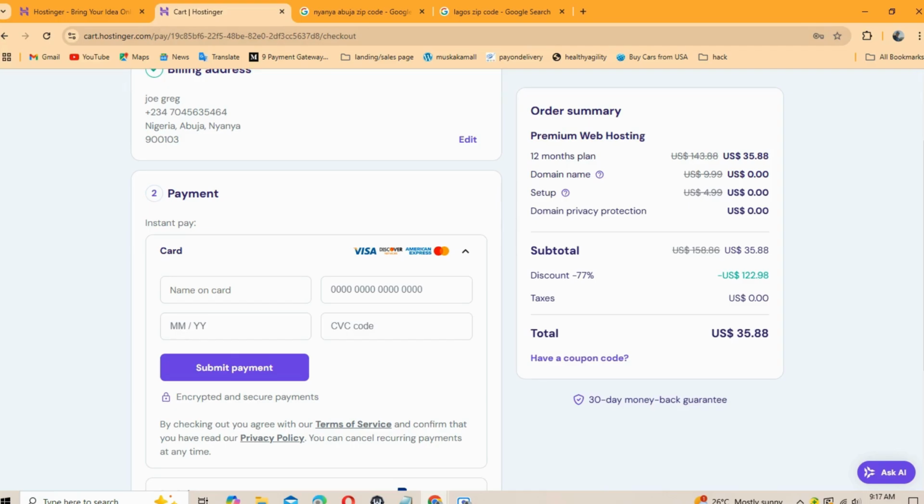So then if you're from another country, you can actually just enter your card details here. And once you're done with it, then click on submit payments, and that's it. You have your account created, and also you have a